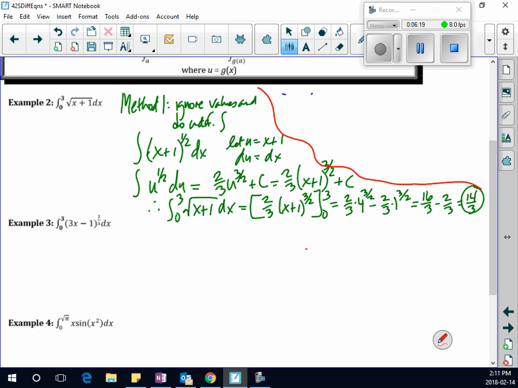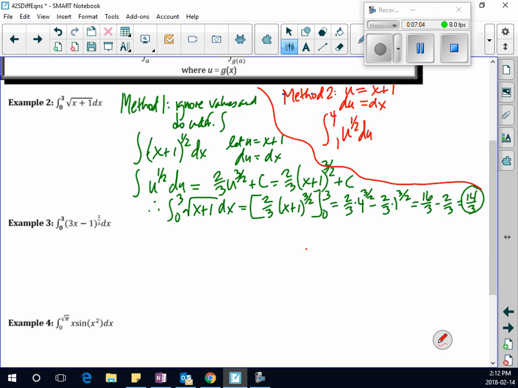Okay. Method 2. As you can see, it's less steps because I only need this much space. So method 2 is I look at this and I know my u is going to be x plus 1, right? Still the same thing. Du would be dx. But then I rename, instead of 0 to 3, does everybody see that u is going to be whatever your x is plus 1? So if this was 3, this is now going to be 4. And if this is 0, you just make this a 1, and then it would be u to the power half du,